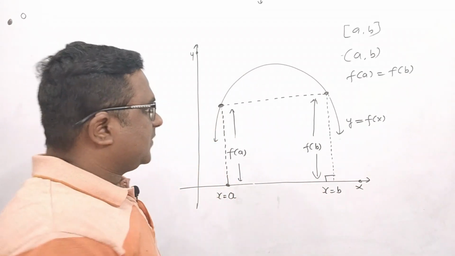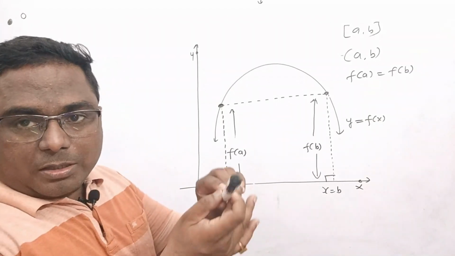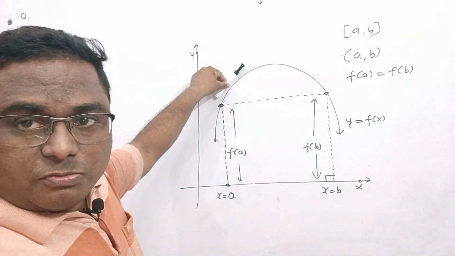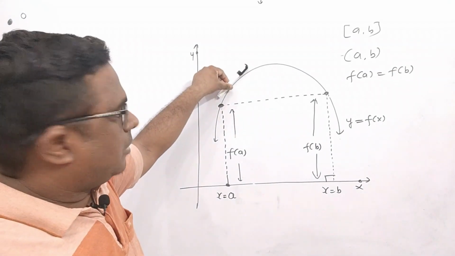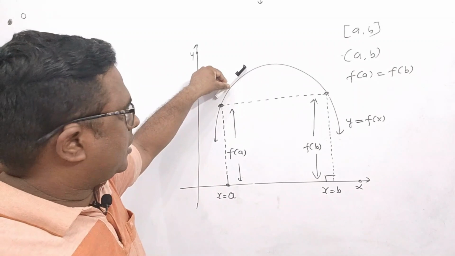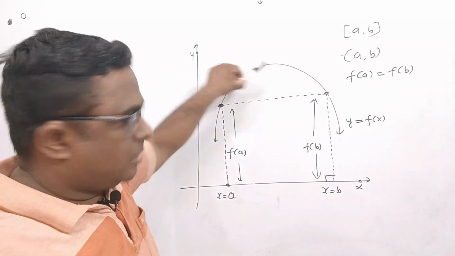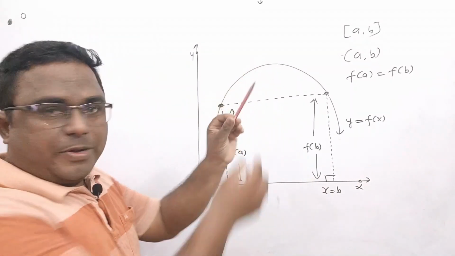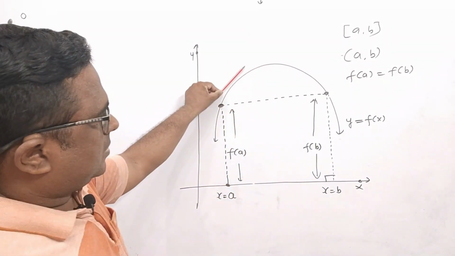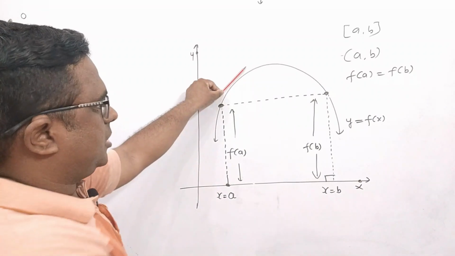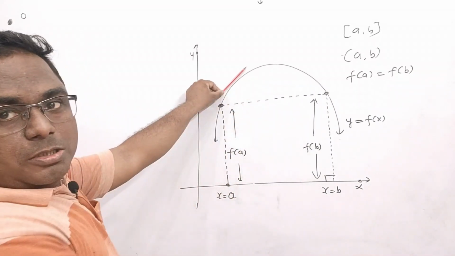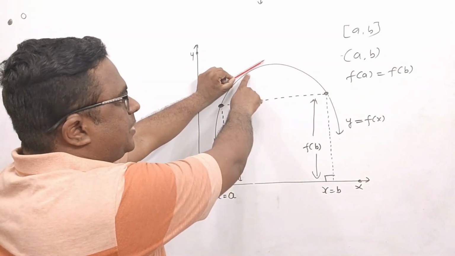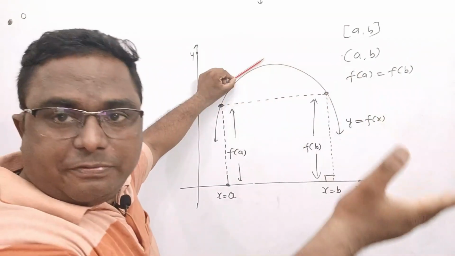Now let us see. You see my marker. If I put my marker here, then this marker is working as a tangent. Alright, this marker is working as a tangent for this curve. Let us use another pencil. You see this red pen. This red pen is working as a tangent to this curve at this point. Now if I move to another point here, then this pencil has become the tangent for the different point.